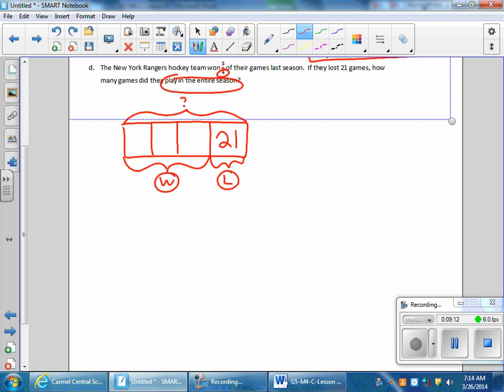If they lost 21 games, then I can fill in the rest of my numbers. 3/4 of the games were won, which means 1/4 would be the games they lost. 4 times 21 is 84 games total. The Rangers played